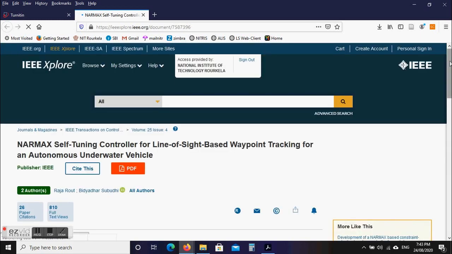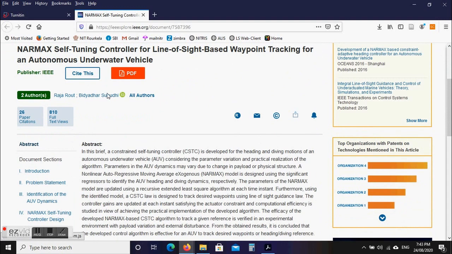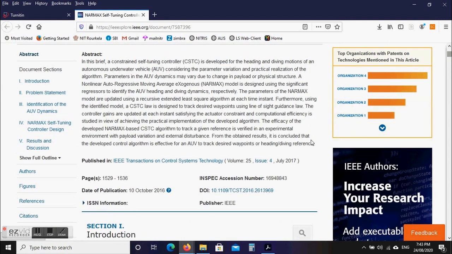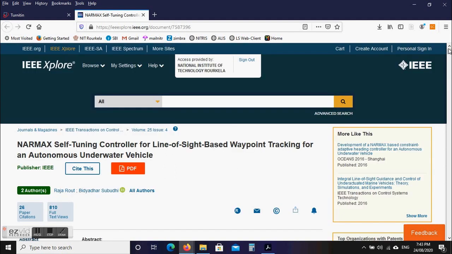So if you want to check the original source, you just click on this one and it will jump to the original source. This is probably the IEEE site, and it clearly indicates the authors are the same, and you can verify here with the years. It was published in 2007, in some volume, and the publication date is 2016.